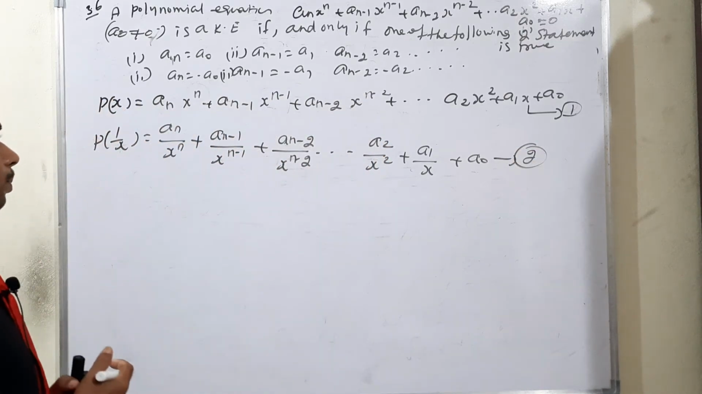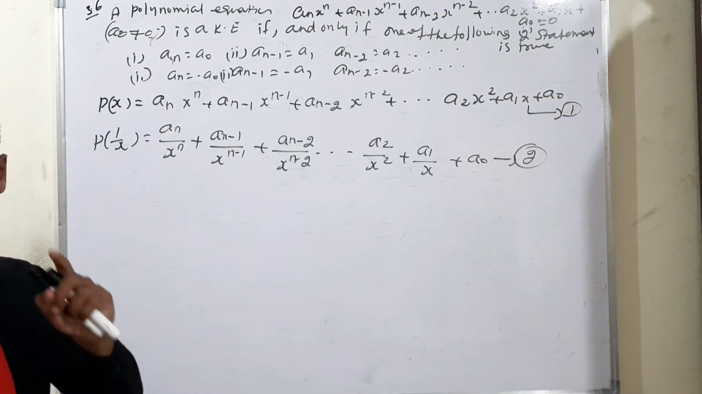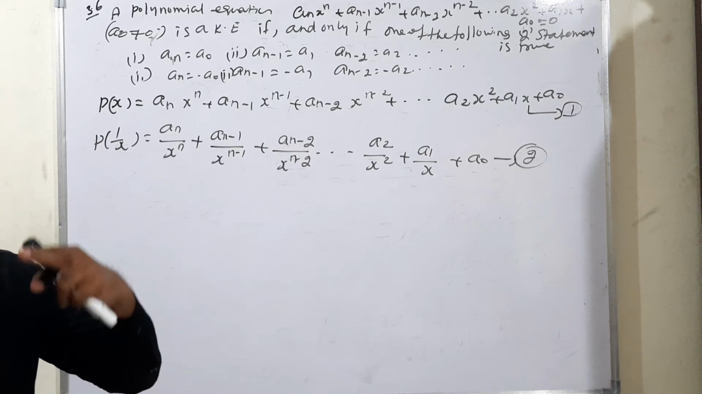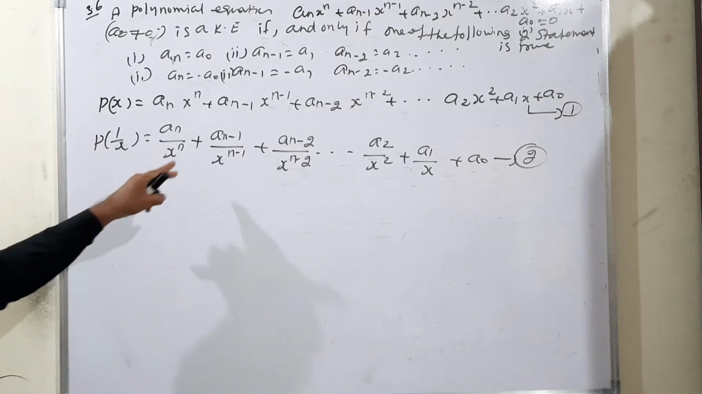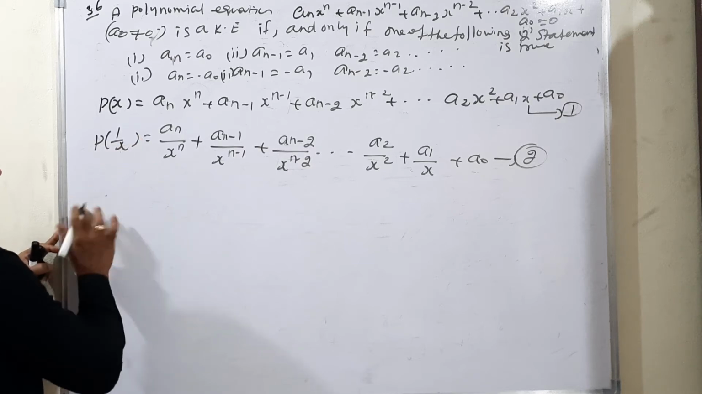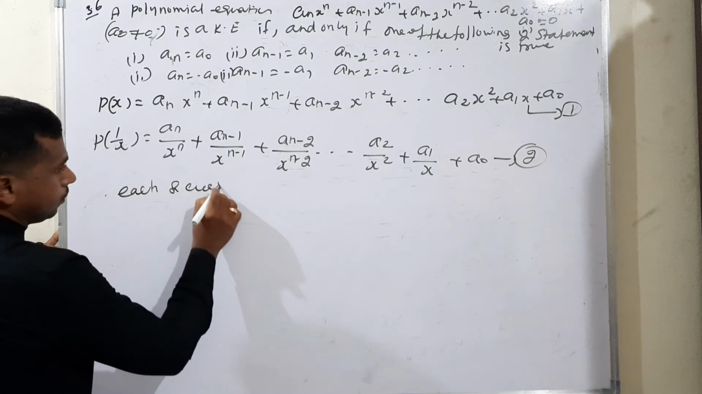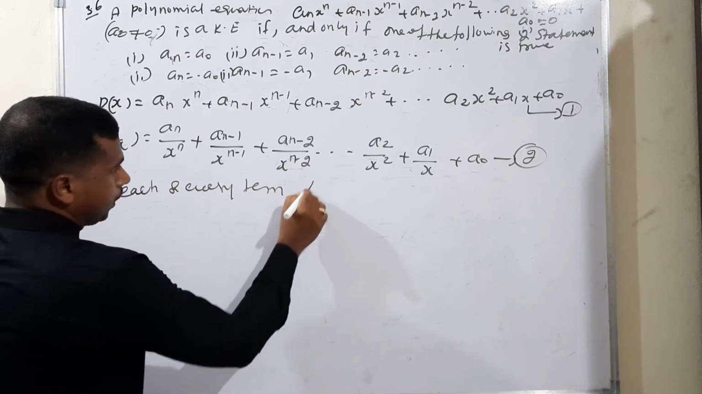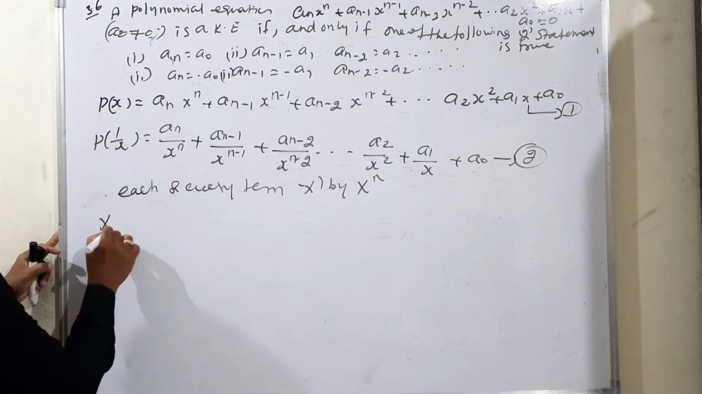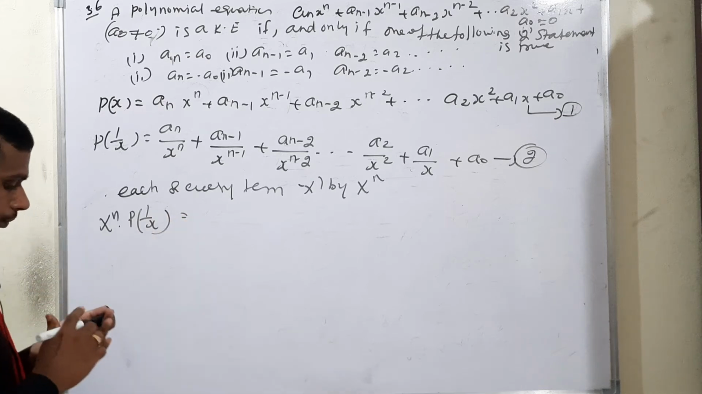Now we have to multiply with the highest power, because if and only if condition is true, two important conditions are there: first, the highest power of x to the positive, then the negative. First I am going to consider the positive, multiplying each and every term by x to the power n. What will happen? So x to the power n into P of 1 by x is equal to